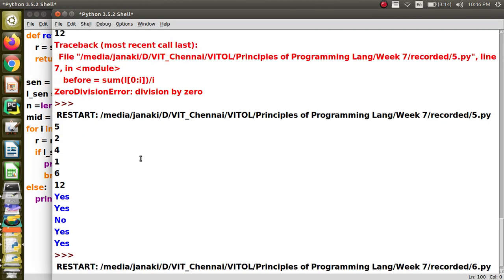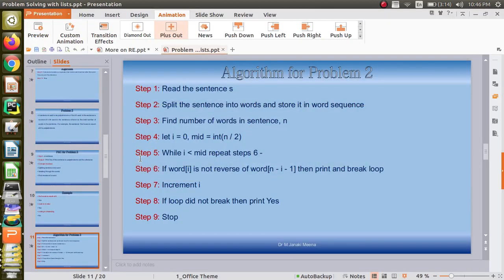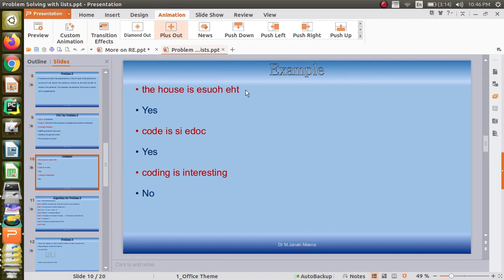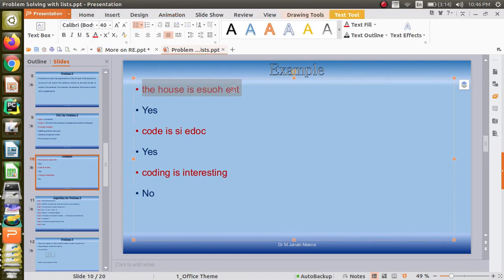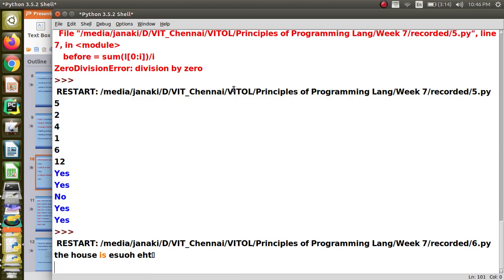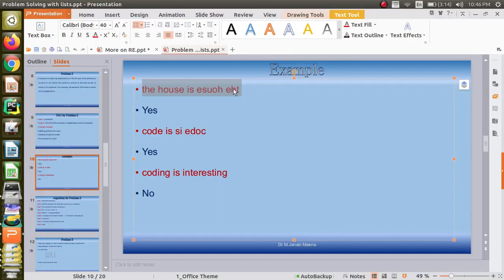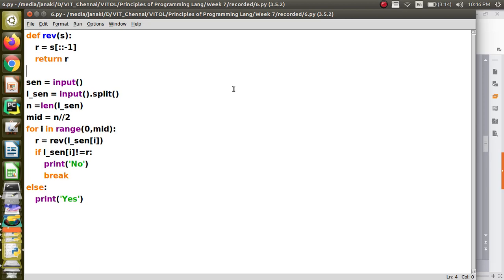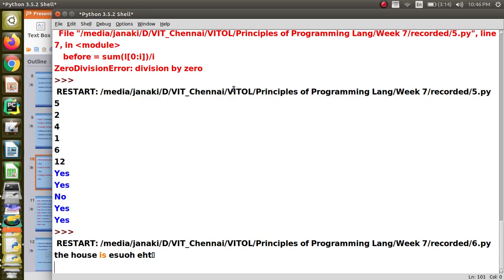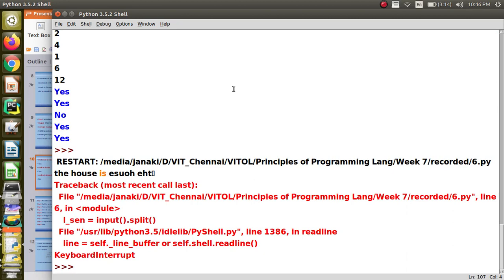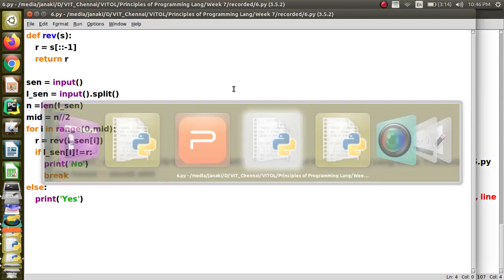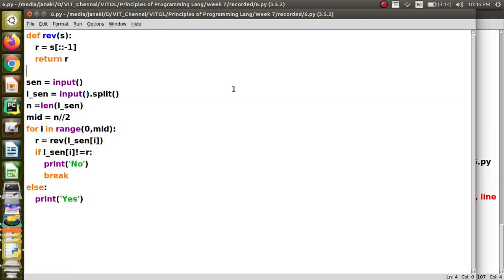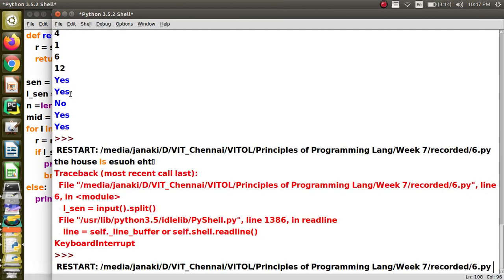Fine. Now I am going to give the input and check. So let us consider the examples that we were discussing. We will give this one. Sorry, it was like sentence dot split. This is the problem, the sentence you have read, send dot split.